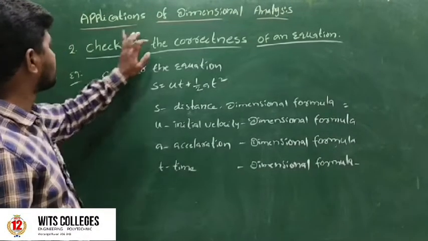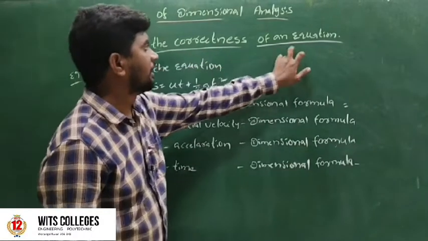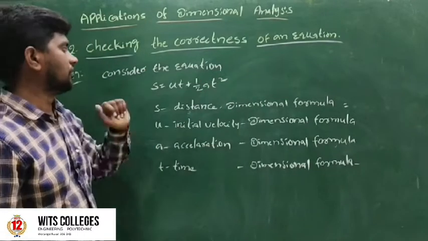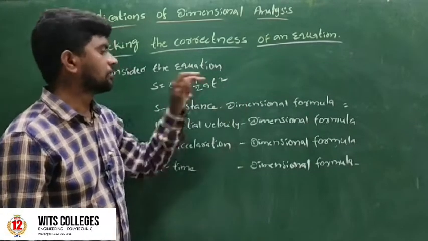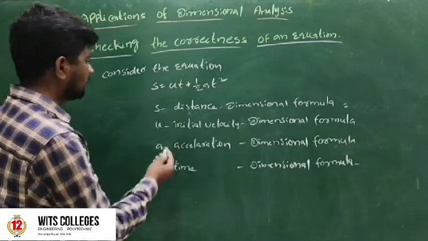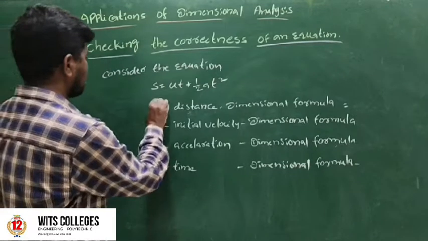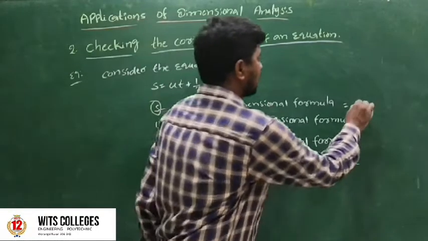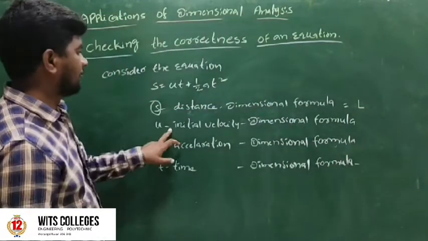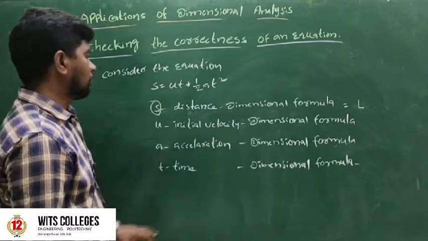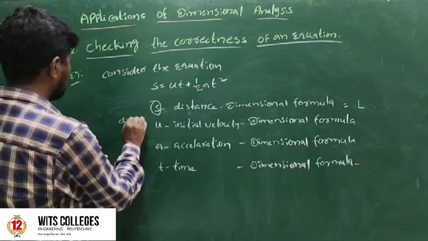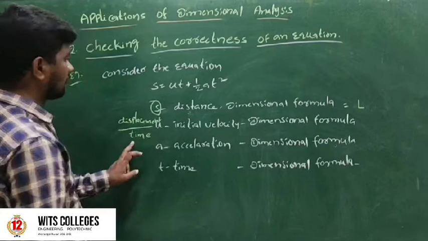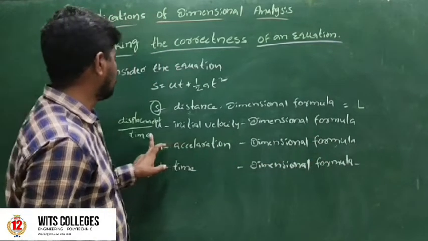The second application is checking the correctness of an equation. Consider the equation, for example, S = ut + (1/2)at². S is the distance, whose dimension formula is length, capital L. Next is the initial velocity. Initial velocity is displacement by time, which is the velocity formula. The dimension formula of initial velocity: